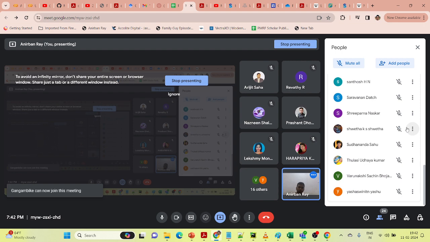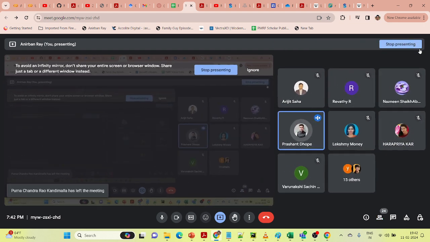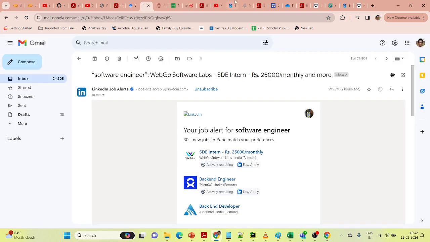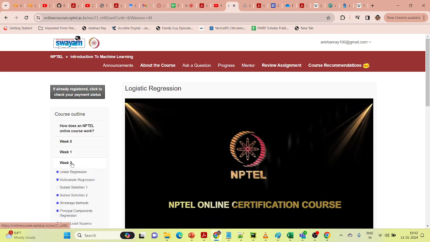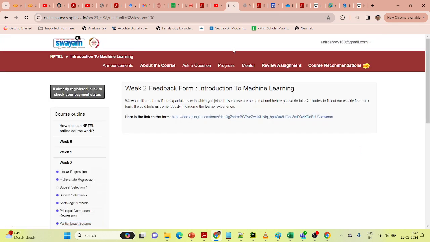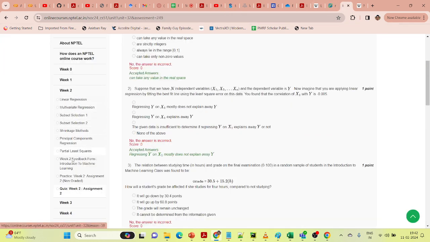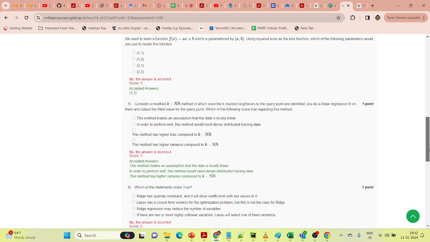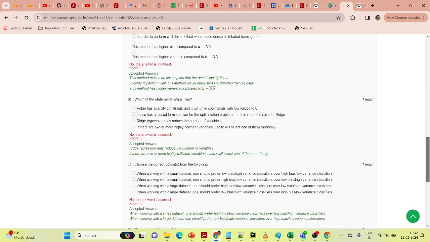Hello. Sir, can you please solve numericals so that it will be easy to understand these concepts? You cannot find numericals here. In regularization there was, I think, not a numerical but some MCQ, in week 2. Oh, not this one, it's the old one actually. Quiz 2, but this is mostly a theoretical concept.